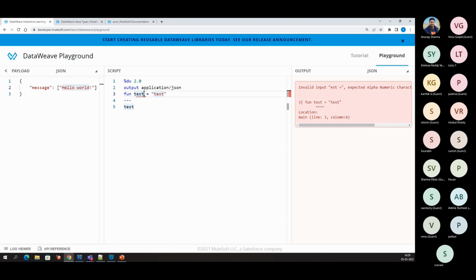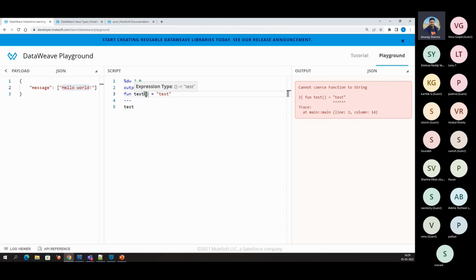Function, okay, because it's a function. So we need to declare it like this. In the DataWeave playground, there is one more important thing. Whenever you are hovering on the function name, it will show you the expression type. Okay, so here, for example, we are giving some data. You need to do something with the data like this,